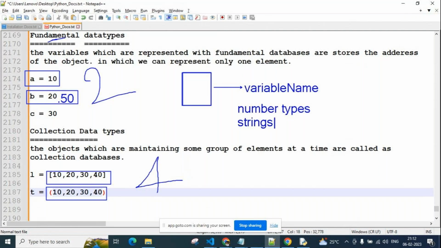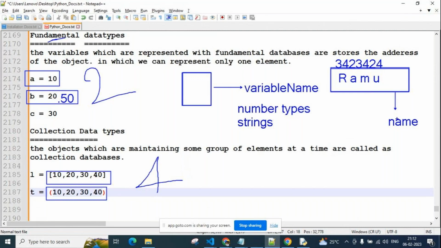String type. For example, in one memory, here I have Ramu, like one name. This is represented by using the variable name: name equal to Ramu. For this entire memory, there is only one reference, this is the address, and in this address there is a group of characters.